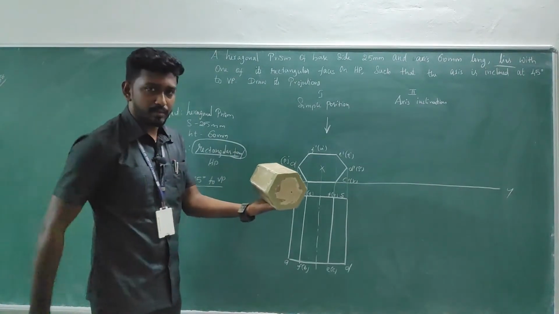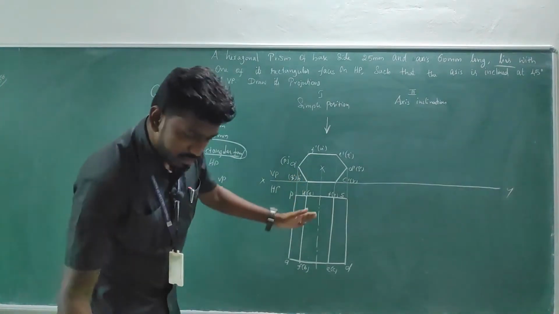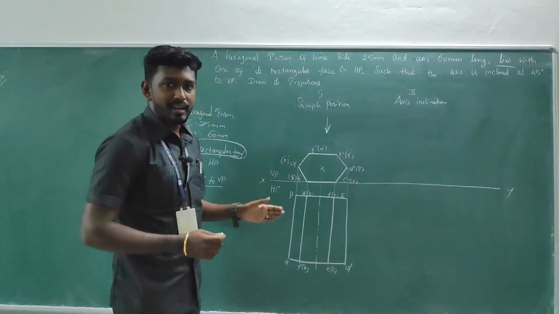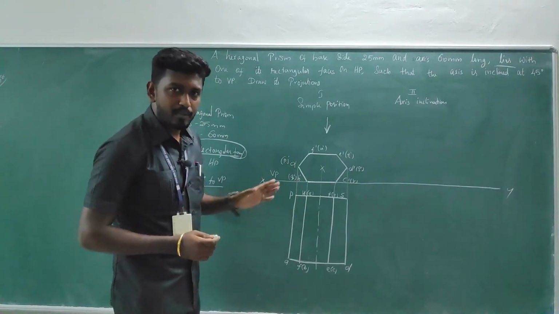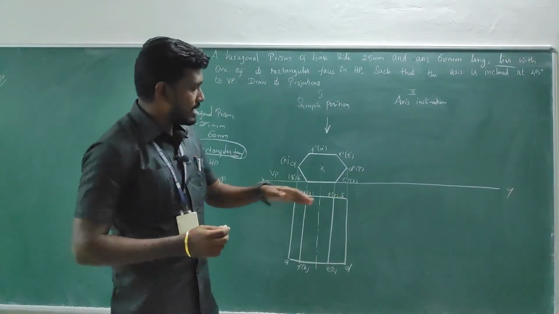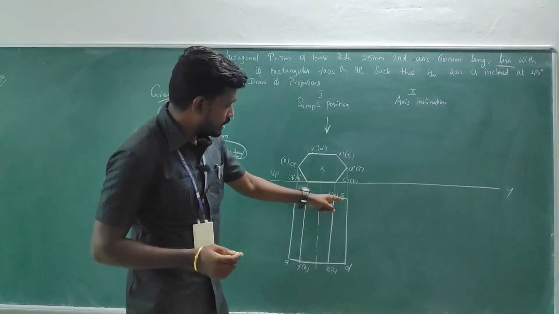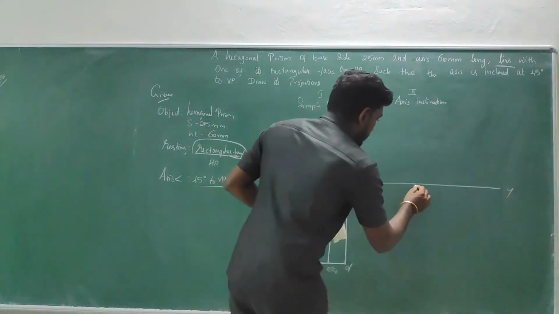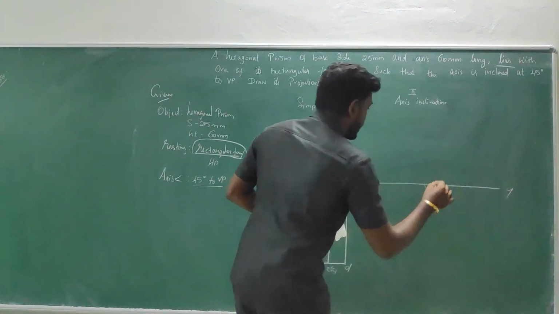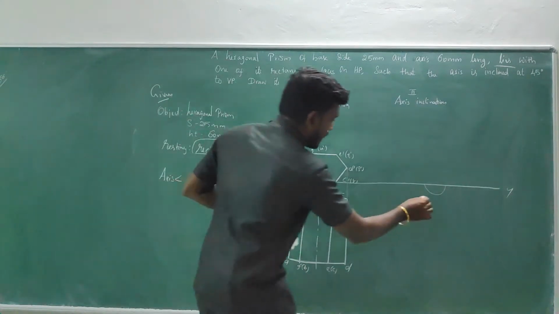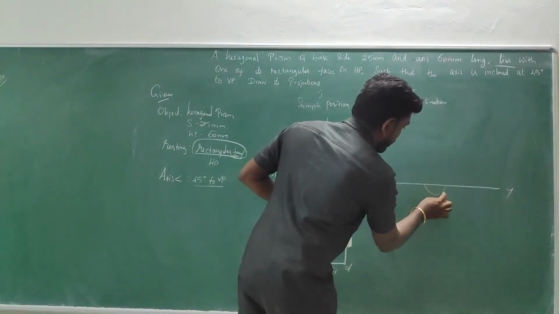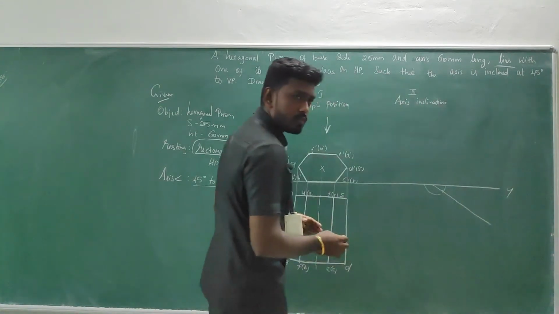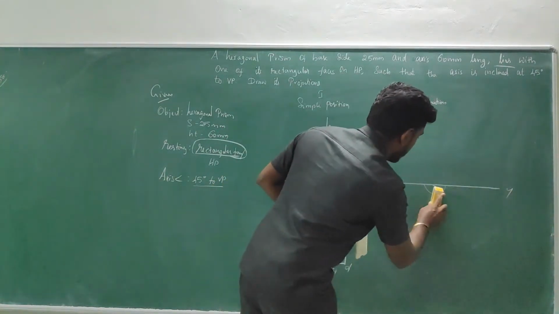So I am going to make the object something like this. Here it is a prism, so all the longer edges are parallel with respect to the axis. They are parallel edges. So I am going to tilt the longer edge first, especially the edge S to D. Okay. So here on the XY line, I am going to keep the protractor, I am going to measure 45 degrees, and I am having the inclined line. So the line will be something like this. I am going to take here.